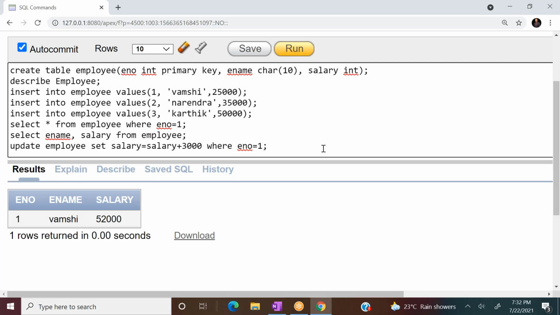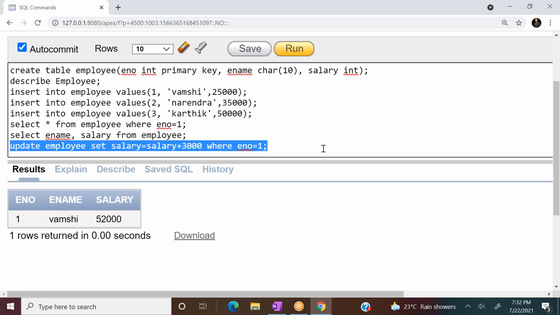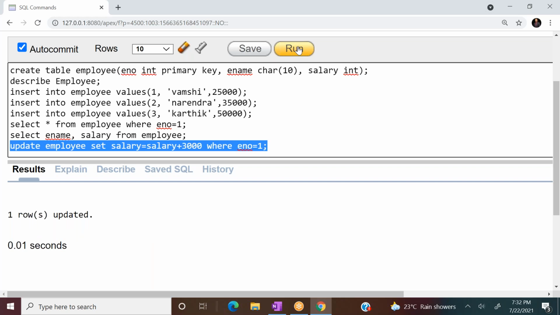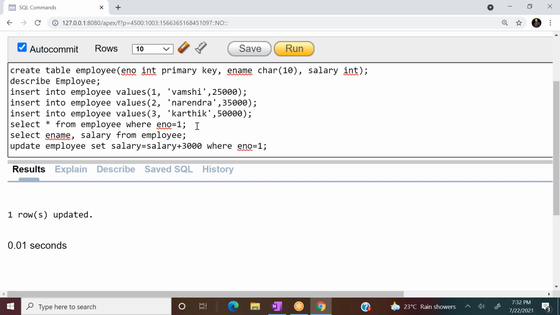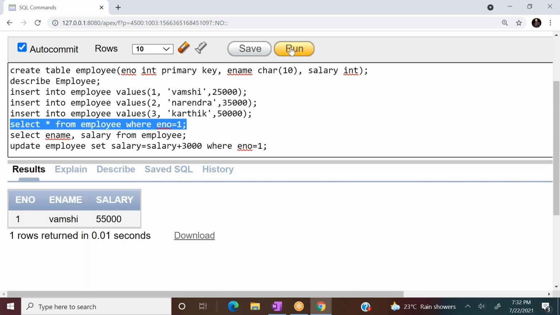Here the employee Vamshi record is updated. Now the salary is updated with the salary plus 3,000. Click on run. One row updated. Check it out. Has this update taken place? Now look at what the salary of Vamshi is now: 55,000. This is how we have to update an employee record.